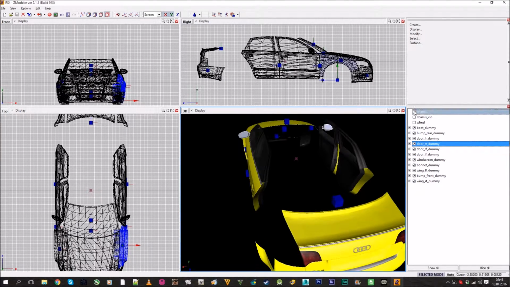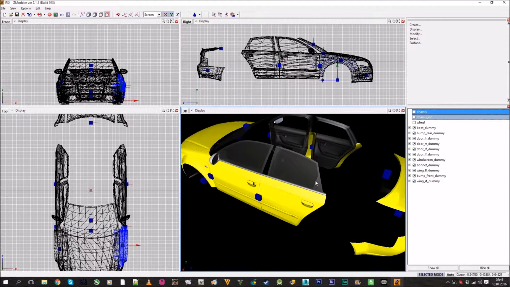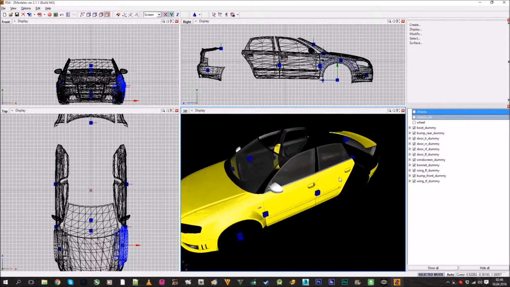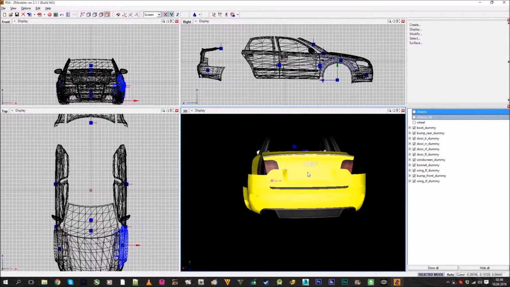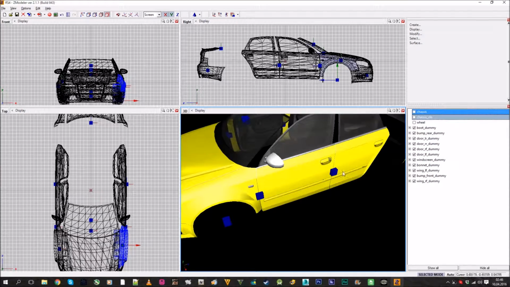To prevent it, you can change it in the handling or in the model. Also, to make it work correctly, you need to move all the parts, because in the